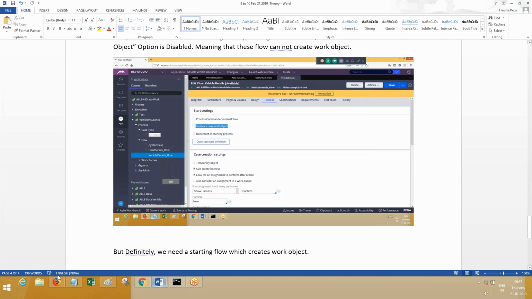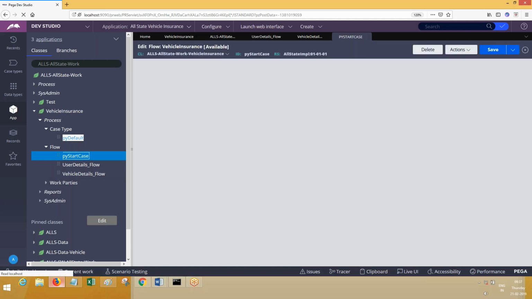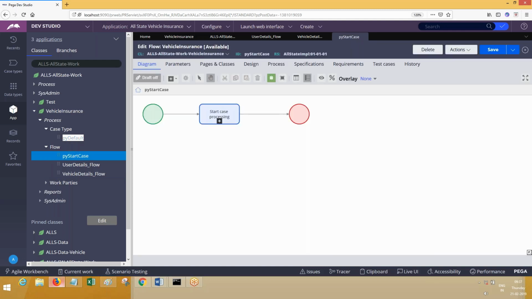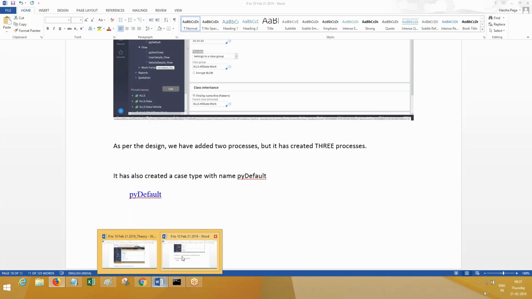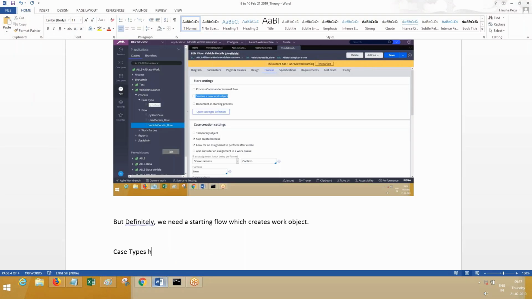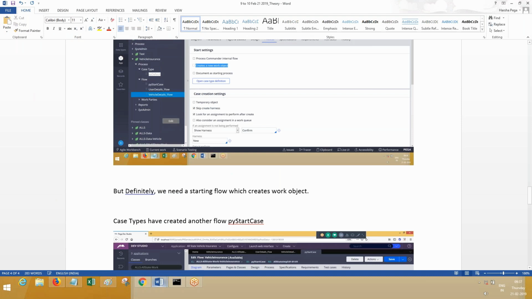right? So now you open another flow. What is that? PY start case. Case types have created another flow. What is that flow name? Py start case. The name itself says it is going to start case processing, right?